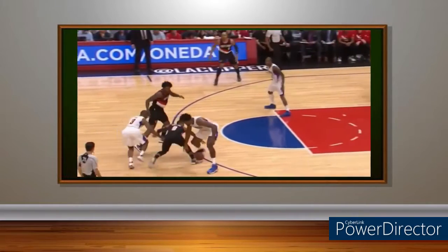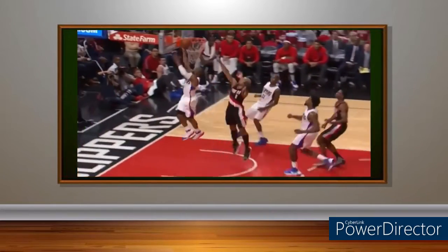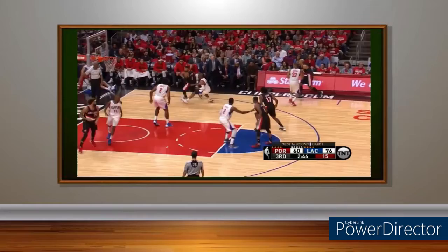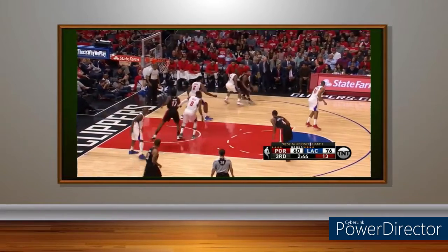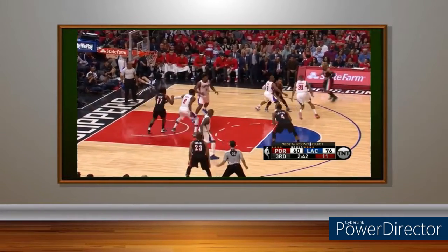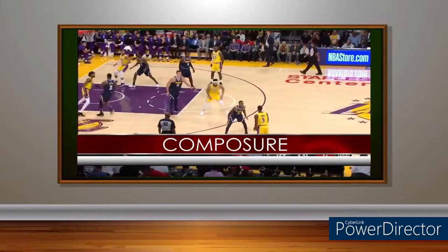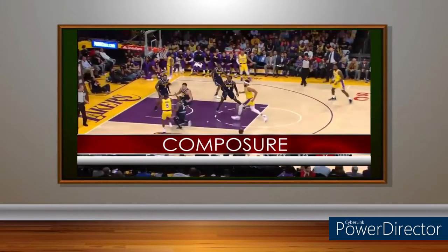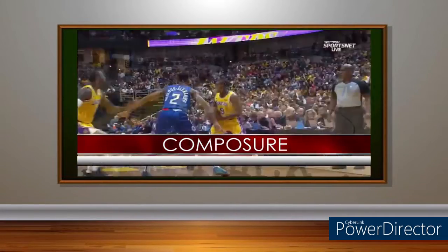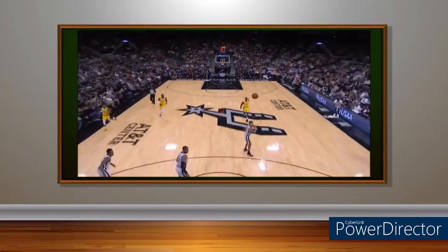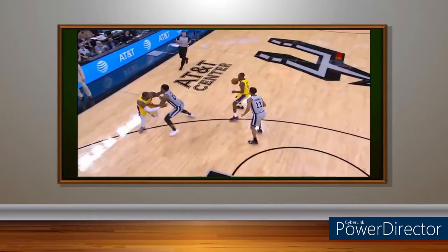Now, it's important for the point guard to be able to guard multiple positions because he or she can typically be a pesky defender and cause a little havoc for the other team's position players, as being smaller, getting under taller players, you can cause turnovers. Now, with that ability, it takes a sense of composure. And composure is a skill that can be more valuable than all the past skills that I just discussed with you. Composure controls the team as well as the flow of your offensive attack and the game as a whole for your team.